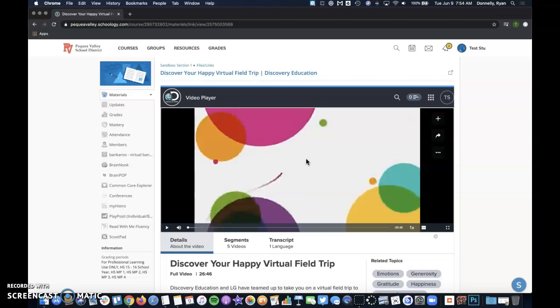You'll place that in, and then you'll be able to access this Discovery Education content very easily by, again, clicking that play